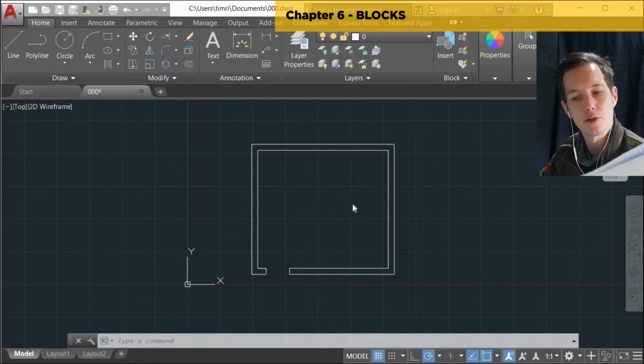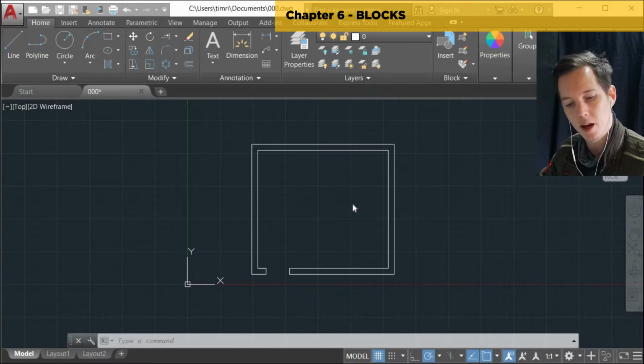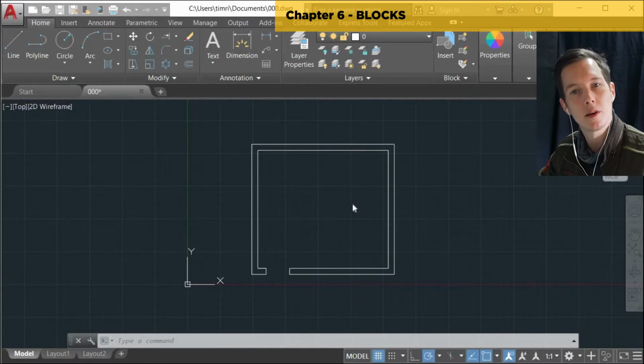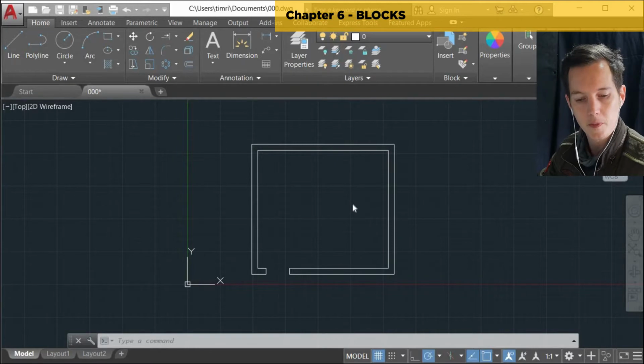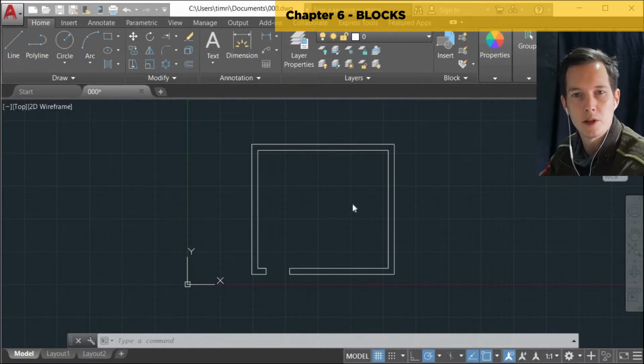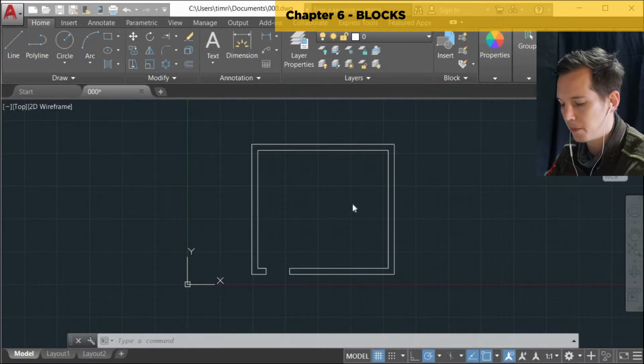We're going to be going through some blocks today, and I'm going to explain what those are just now, and we're going to look at how to create some and how to find them and just work with them in general. Okay? Great. So, blocks are groups of kind of objects or symbols or components or common details that